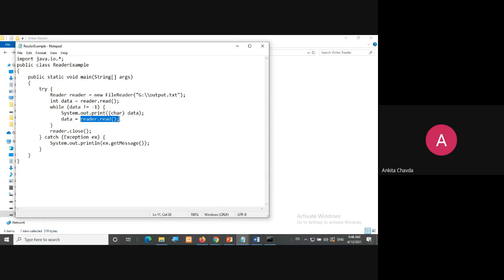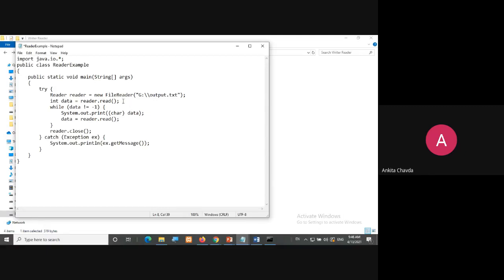So it will read one by one character. First time I am reading I, second time L, then O, then V, then E. So it will read the whole string, "I love my country".